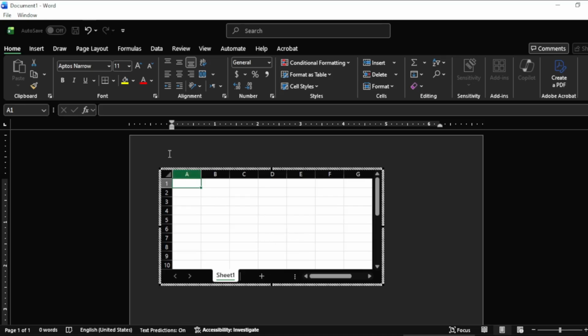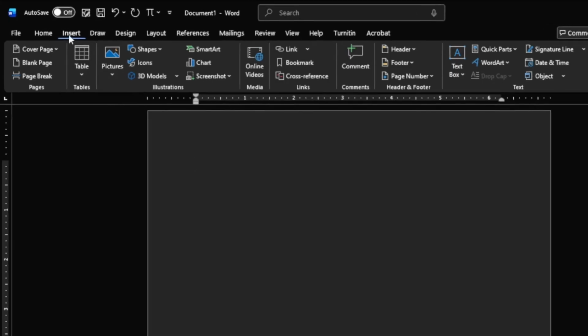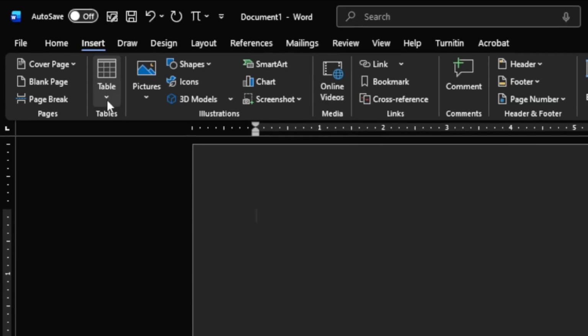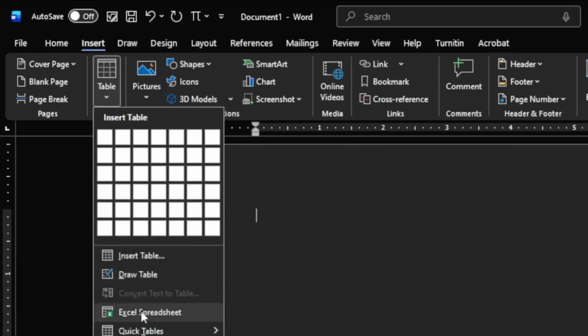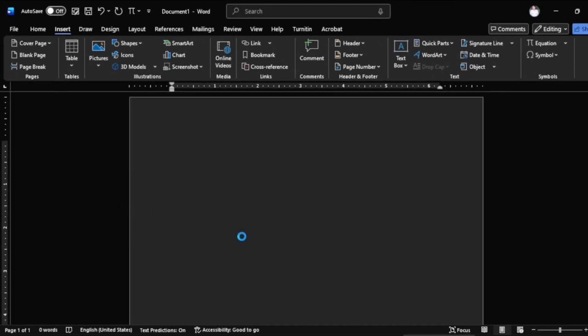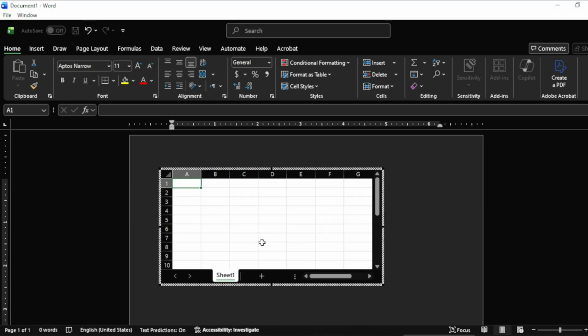In this video, I will let you know how to insert a table by using an Excel sheet. You can do that by first coming to the Insert tab, then expanding the menu on the Table group and coming here to Excel Spreadsheet. If I click on the Excel spreadsheet, it opens an Excel spreadsheet like the one over here, and